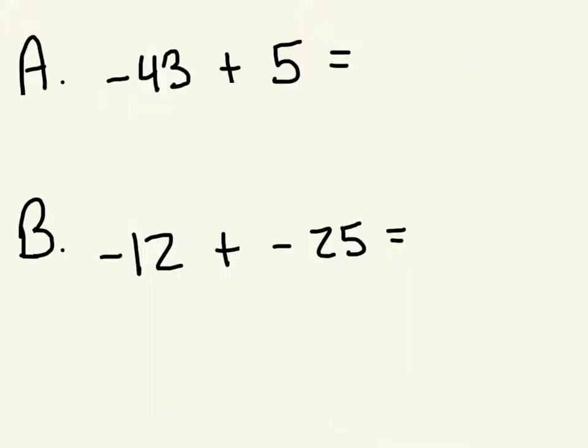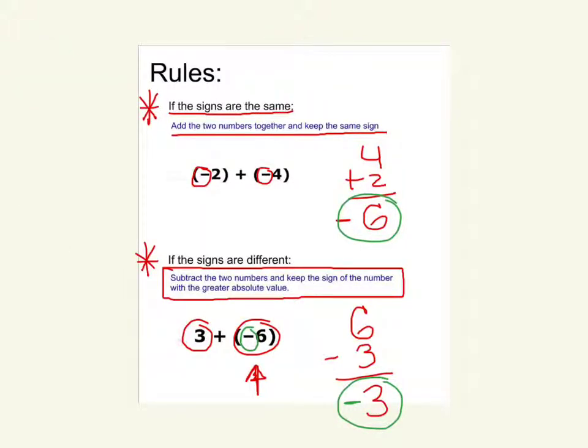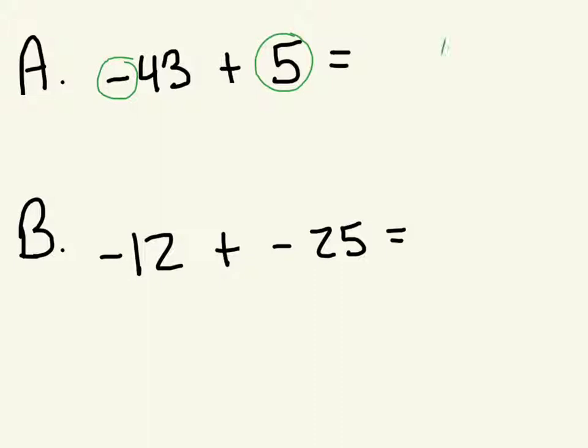All right, letter A up here says -43 minus 5. Well, the first thing I need to do is identify whether the signs are the same or are they different. Well, I see this is a -43 right here. This is a +5 right here, so that means my signs are different. Well, I can go back, that if the signs are different, it says I have to subtract the two numbers and keep the sign of the number with the greater absolute value. Okay, so my signs are different. So I'm going to have 43 minus 5. Well, I know that whenever I subtract those out, that's going to leave me with,